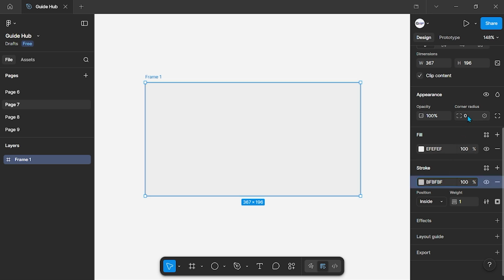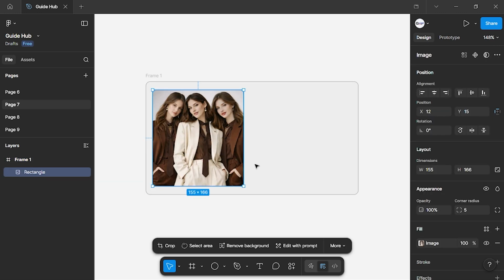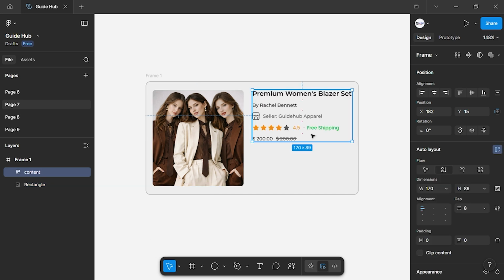After setting the border, adjust the corner radius according to your needs. For example, set it to 8 to create smooth, rounded edges. Next, add a model photo or product image to the card layout. For example, create the image area using a rectangle shape and set the corner radius to 5 so the image container appears slightly rounded. Continue by adding the product information text such as the product name, designer name, seller name,